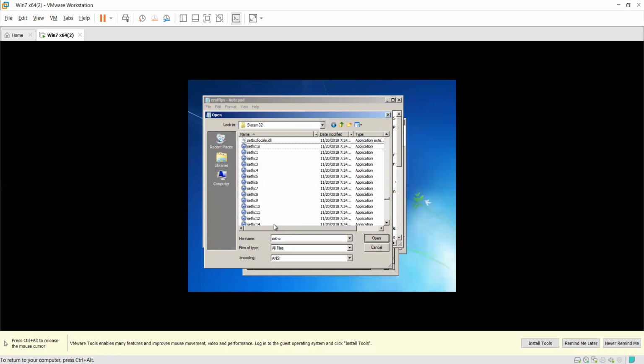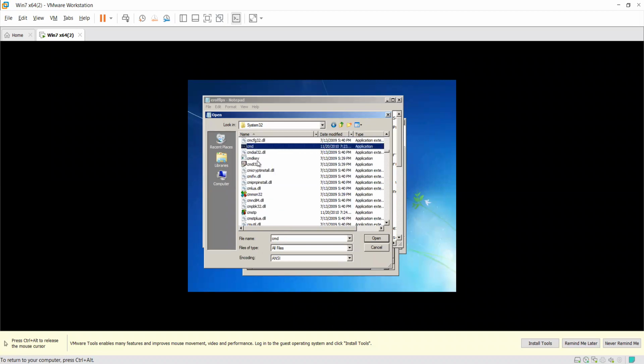Okay, so what is the role of that sethc file, guys? Once you press the Shift key on your keyboard 5 times, like 1, 2, 3, 4, 5, it is going to execute the sethc file. The system finds the sethc file in the System32 directory, and after that it executes it. So our motive is, once the system looks for the sethc file and executes it, we can execute CMD in place of that original sethc file. So now the next thing we need to do is find CMD here.